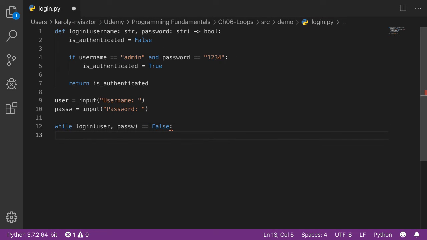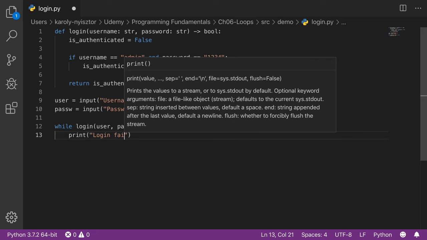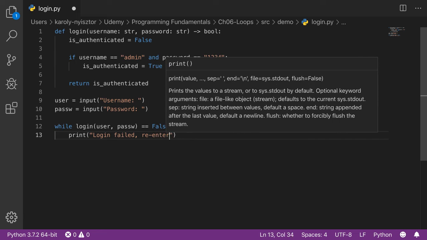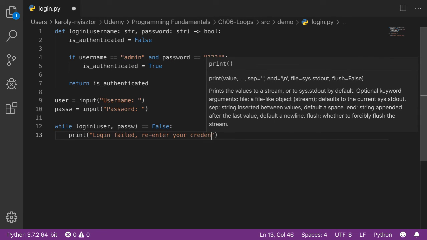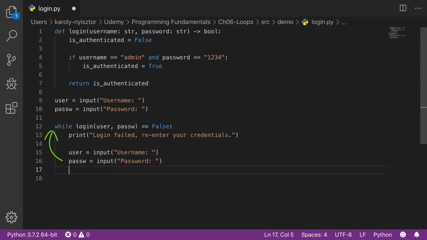The loop's body consists of 3 statements. First, I print a warning message telling the user that the login failed and he should re-enter his credentials. Then, we ask for the username and password using the input function. Basically, we repeat this sequence. After executing these statements, we jump back to the start of the while loop and check the login equals false